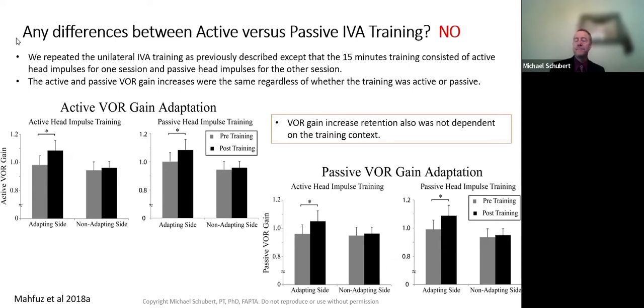So what that means is we had subjects come in. Now, these were healthy controls, might be different in patient population, but to date, in healthy controls, you come into our lab, and these were brave subjects. We turned their head. We did basically passive VOR training. So they wore the laser target. We turned their head to the right. Laser target moved a little bit to the left. We did that for 15 minutes. We measured what was the magnitude of the gain change. Then we had them wait about 10 days, bring them back into the lab, and do the same thing